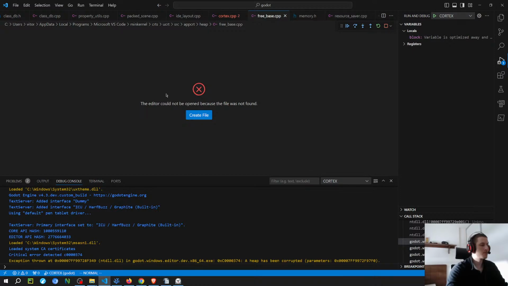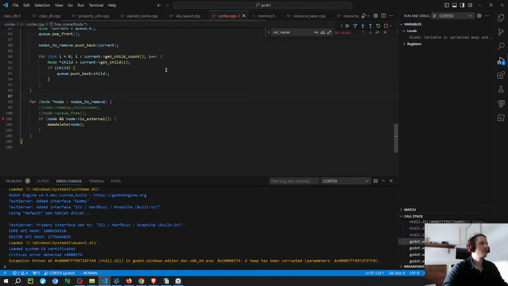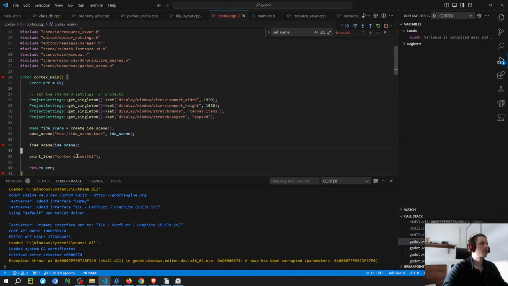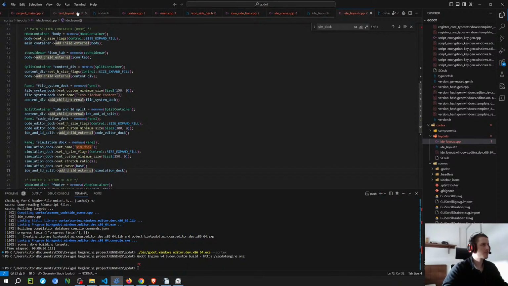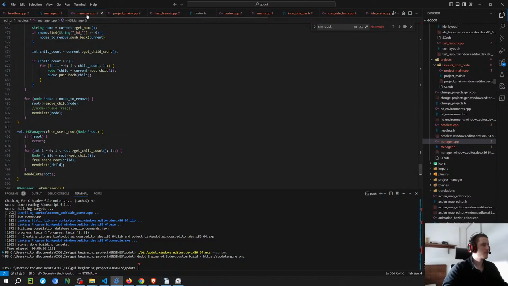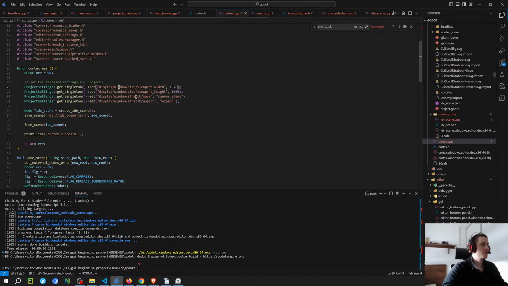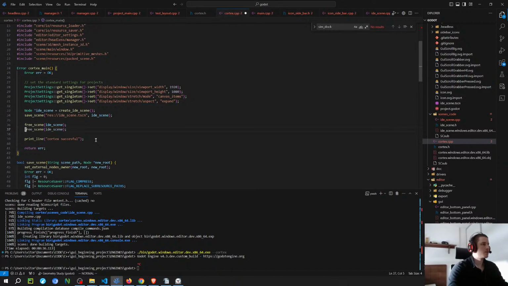Let me see. I'm gonna try a very simple solution to see if it works. But I don't think it's gonna work, but I think it's worth trying. So yeah, look, what if I just delete the nodes? I think it's not gonna work because it's only gonna delete the